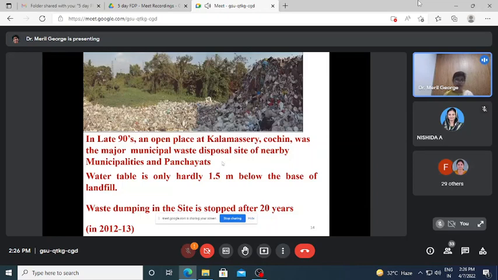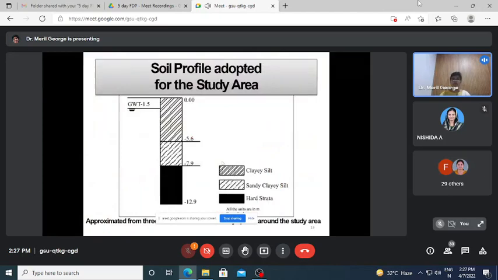And the leaching of harmful chemicals and discharge of solid waste from the dump site leads to the pollution of Periyar River, and this particular site, they have stopped dumping. That means the municipality stopped dumping of waste in the year 2012-13. During that period, they closed dumping of waste in this particular area. And this is the soil profile adopted